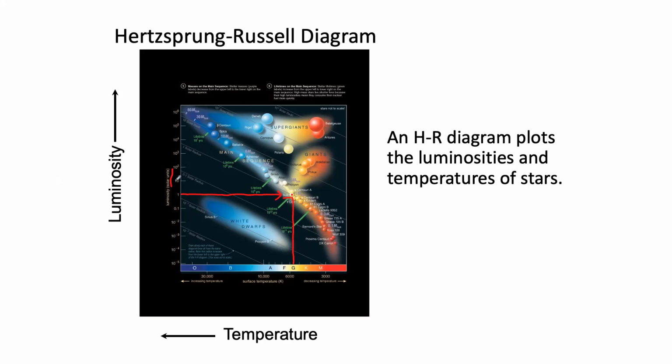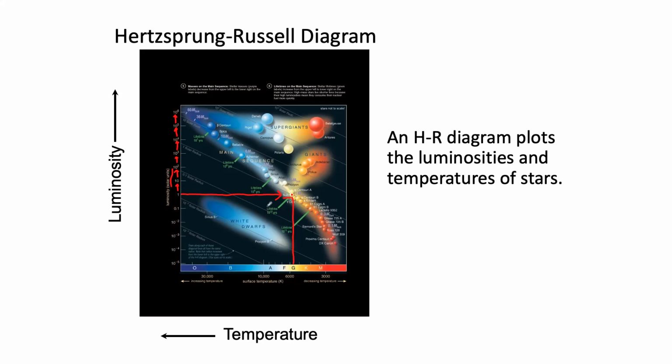Okay. As we go up on the y-axis, I know it's hard to see because the font is very small, but we're going from 1 to 10, 10 to 100, 100 to 1,000, 1,000 to 10,000, 10,000 to 100,000, 100,000 to 1,000,000. So anytime you go up or down, the luminosity changes by a factor of 10. So we can make a little note of that to ourselves.